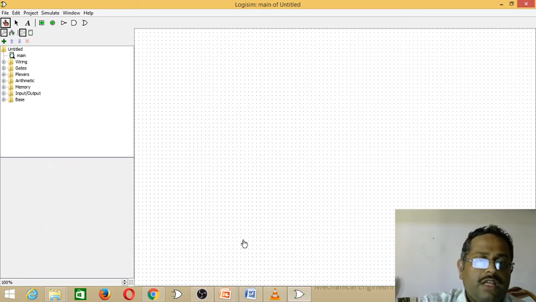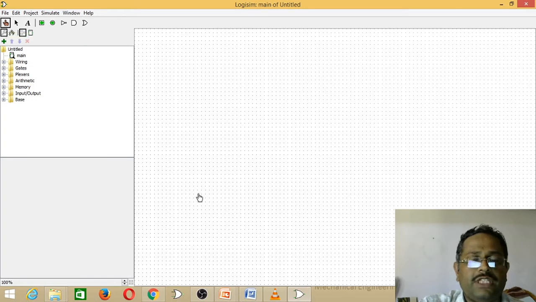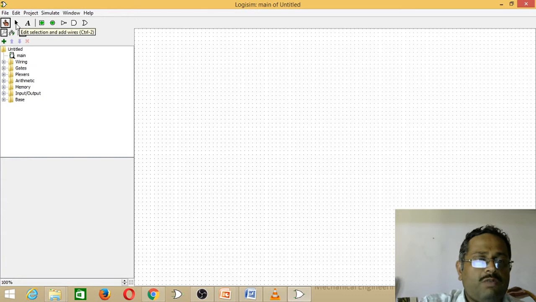Next we will see what tools are available in the toolbar. The first one, the hand symbol, is the poke tool, which is used to change the states of the inputs while simulating. Next one is the arrow mark, which is used for selection. Next, to add any text in the window, we use the text tool A, which is available in the base also.